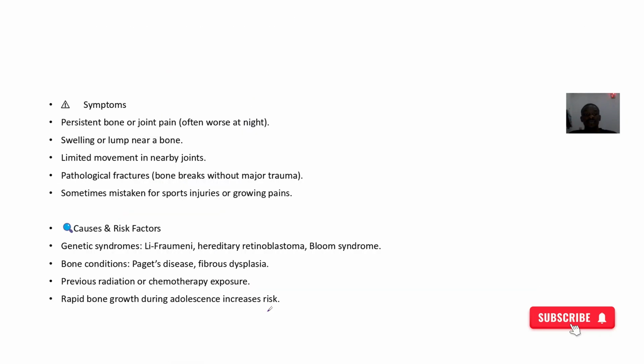Symptoms: there's a lot of bone pain, swelling or a lump in the place, limited movement, and your bone is weak. So your bone could fracture because of the weakness, and it may sometimes be mistaken for sports injuries. Causes and risk factors: it can be associated with some genetic syndromes like Li-Fraumeni, Bloom